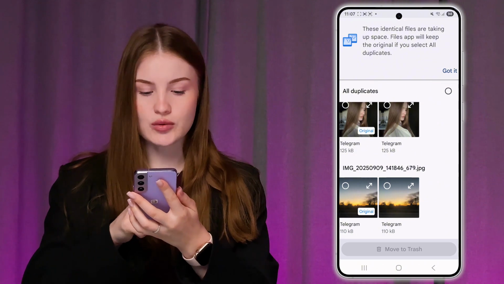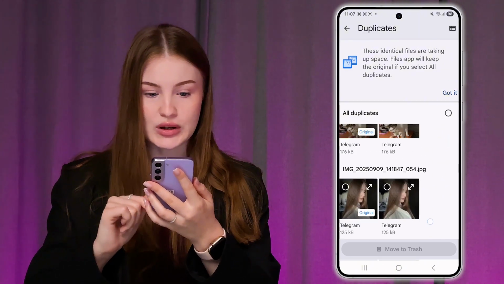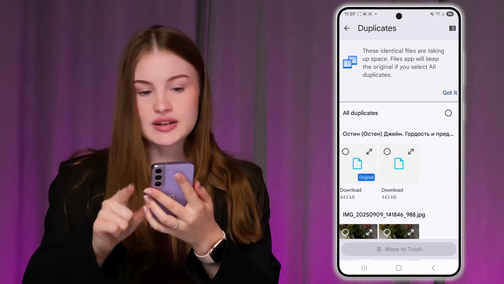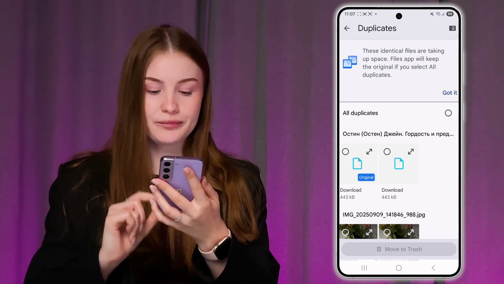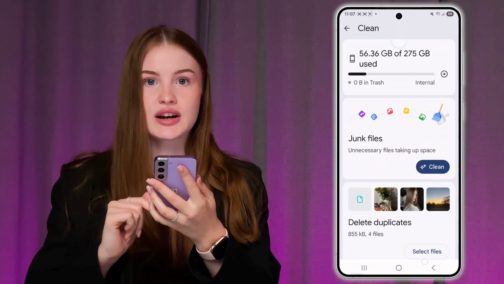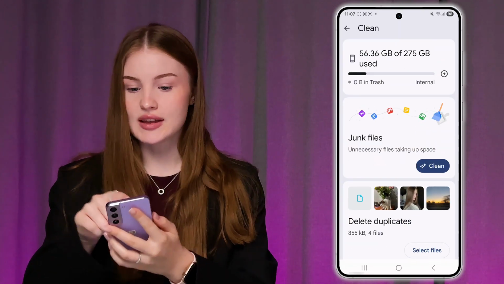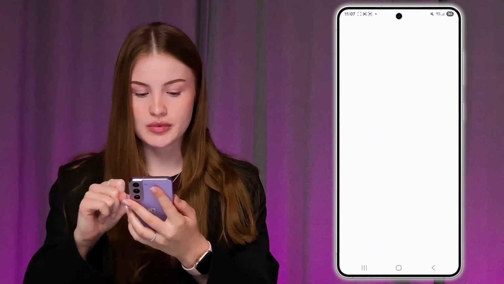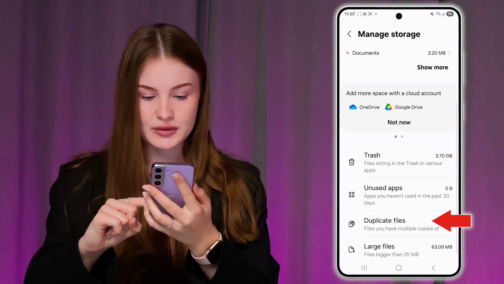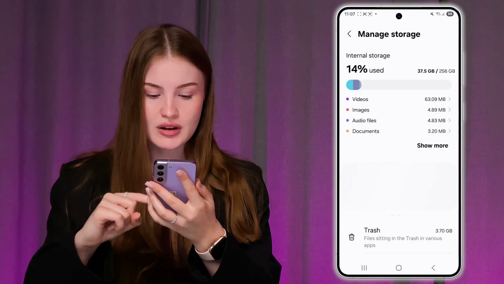Also, you will see an original photo and duplicate photo. This is important as well. So here you'll see not only your photos but files as well. But if you wanna find your files directly, so just files without photos, then you can tap on your internal storage on the top, scroll a bit down and select duplicate files. But I'm gonna go back,